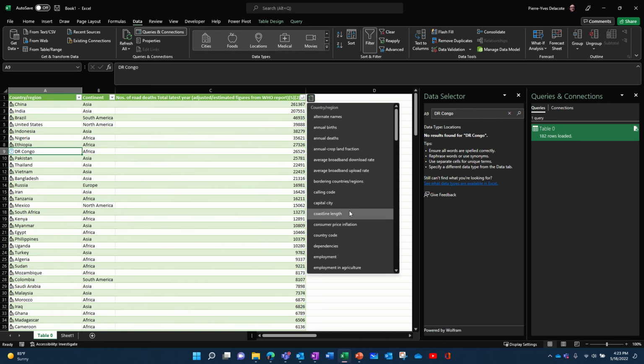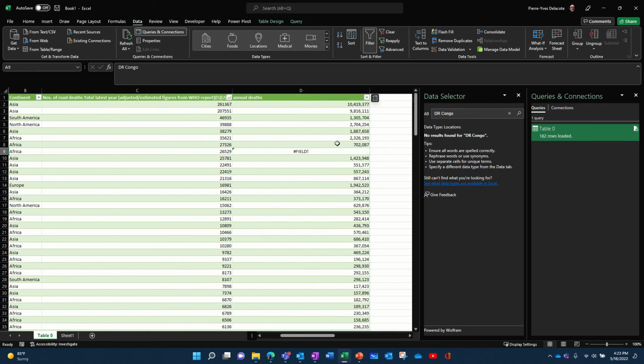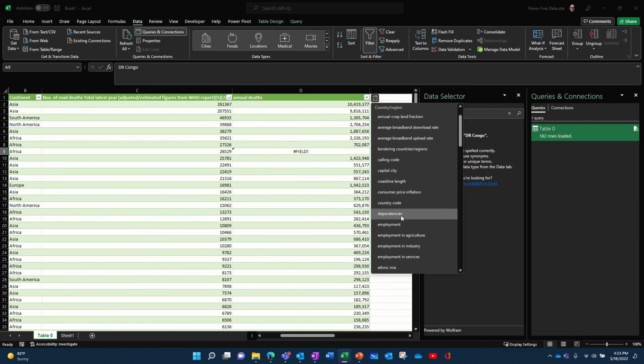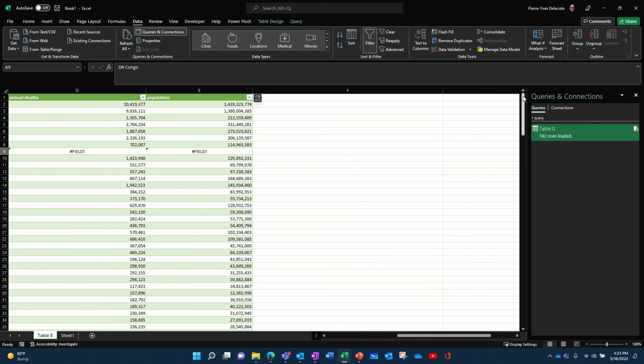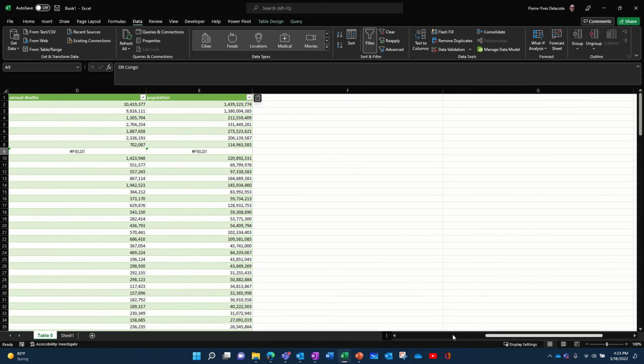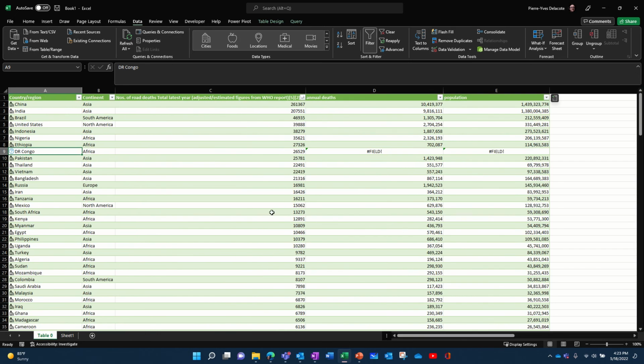So here I see there is annual death. Oops, I have the annual death number, and there should be the population somewhere. So let's find the population also. Population. So now I have the annual death and population. So I can close this, and now I can do my manual work in Excel. So if I want to have a ratio,